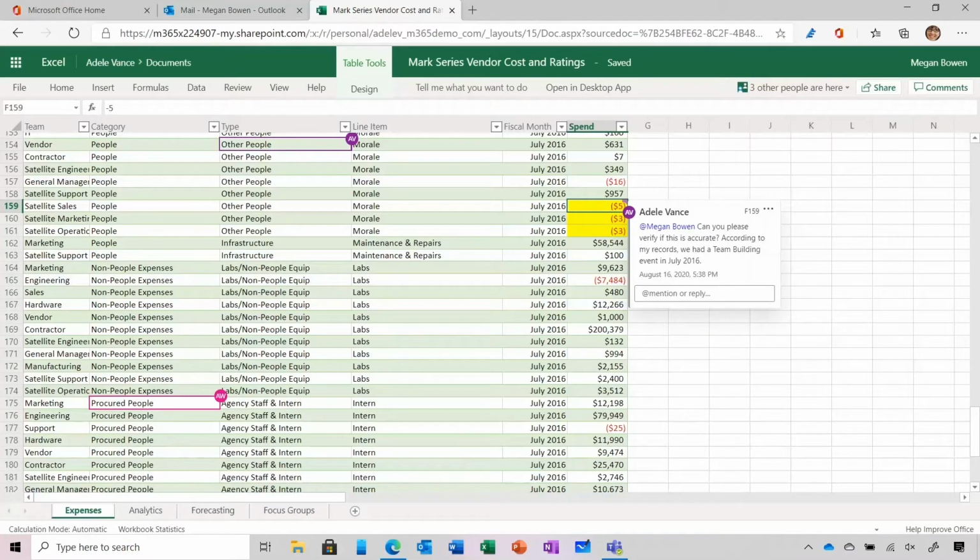Previously, in Excel on the web, comments would only appear in the comments pane. Now, when commenting from notifications to comments in the workbook, we show the comment floating and aligned to the corresponding cell on the grid. Creating, reading, and replying to new floating comments make it easier to understand what the comment was